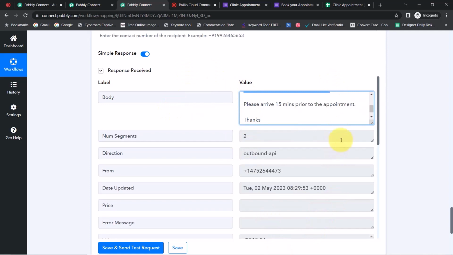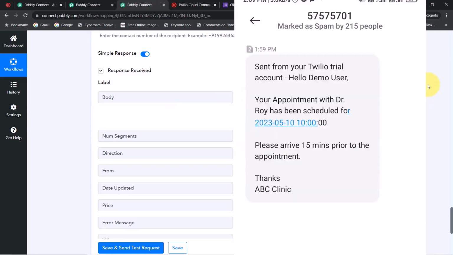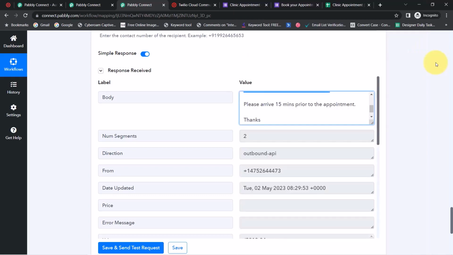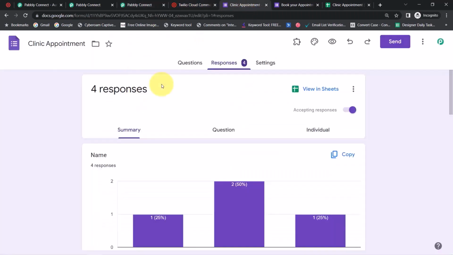Alright, so I have received the SMS, and here is the screenshot. Hello demo user, your appointment with Dr. Roy has been scheduled for 10th of May at 10 am. Please arrive 15 minutes prior to the appointment. Thanks, ABC Clinic. Okay, so this is how, from now onwards, every time someone books an appointment via